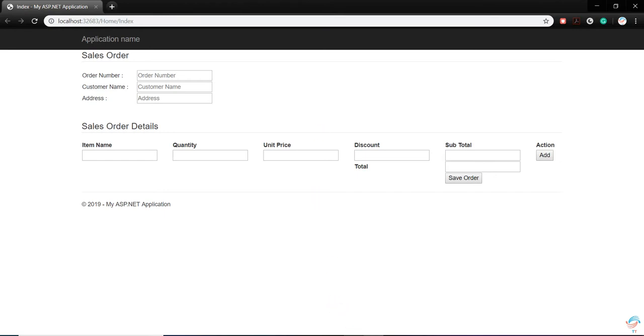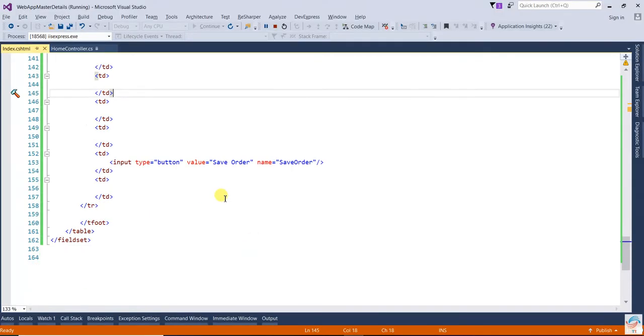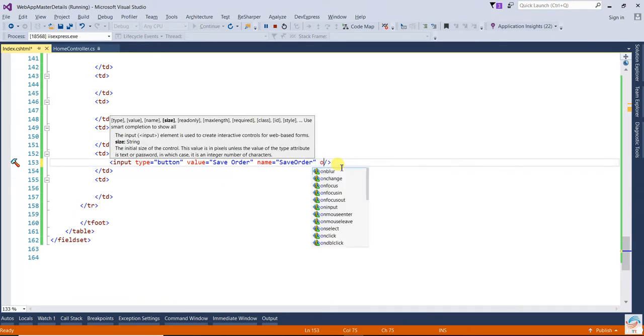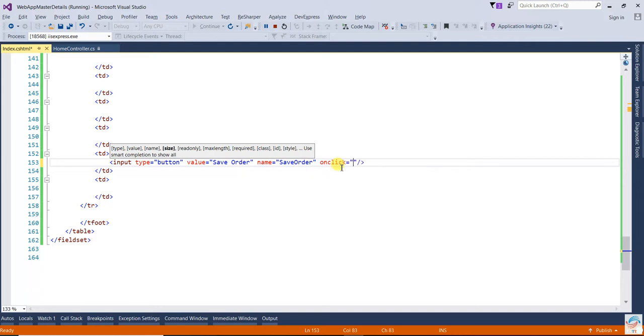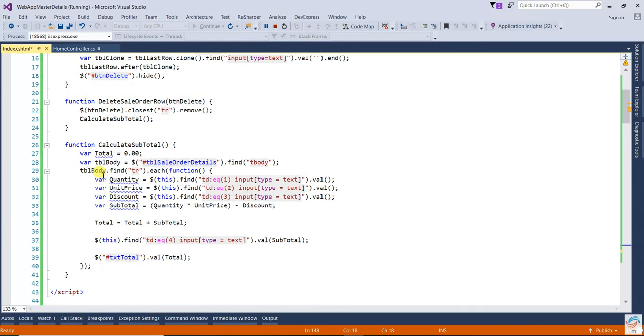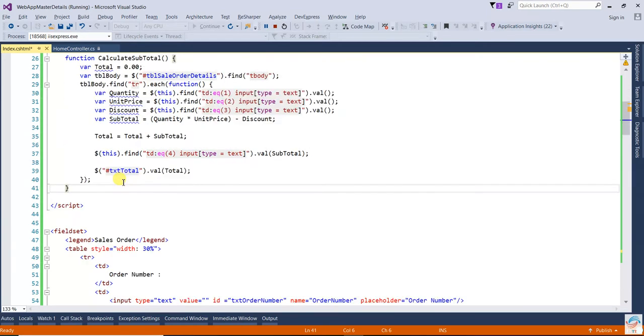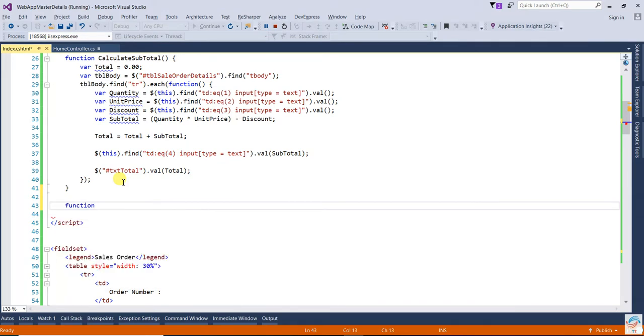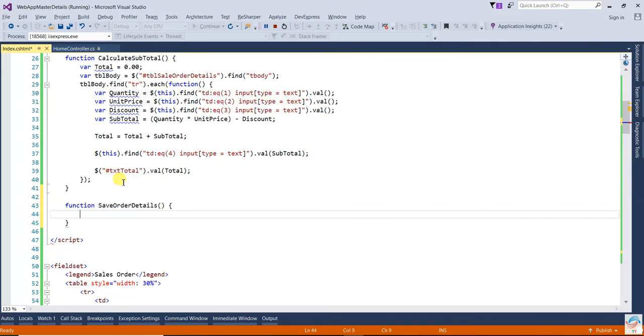Okay, open the Visual Studio. So in the onclick, we'll write save order details. So we're going to create one more function, that is a function save order details. Okay, so before that